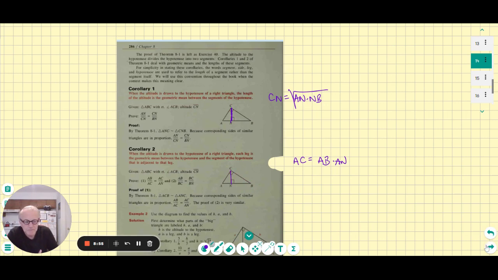If we're using corollary 2, that would tell us that the ratio of these two sides, 18, which is the hypotenuse, over 6, which is one of the legs, is the same as